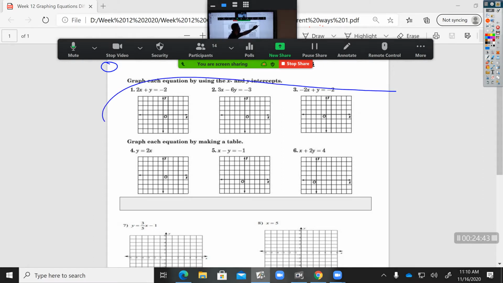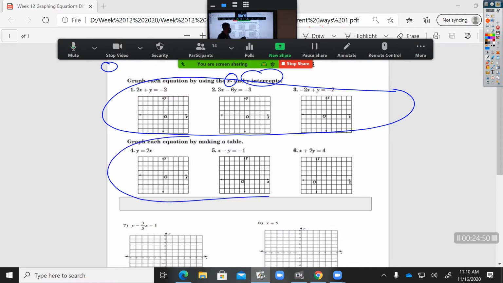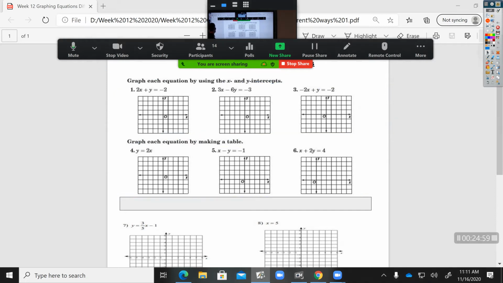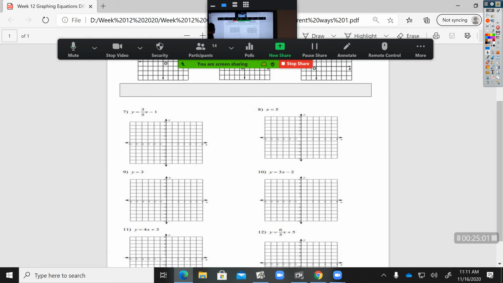So the first 3 questions are graphing using the x and y intercepts, the first thing I taught you today. The next 3 questions, you just have to make a table and graph all the points in your table. And then on the last section, 7 through 12, you just have to graph the y-intercept. So for example, +5, and then up 6, right 5. Since that doesn't land on your graph, put a negative on both and go down 6, left